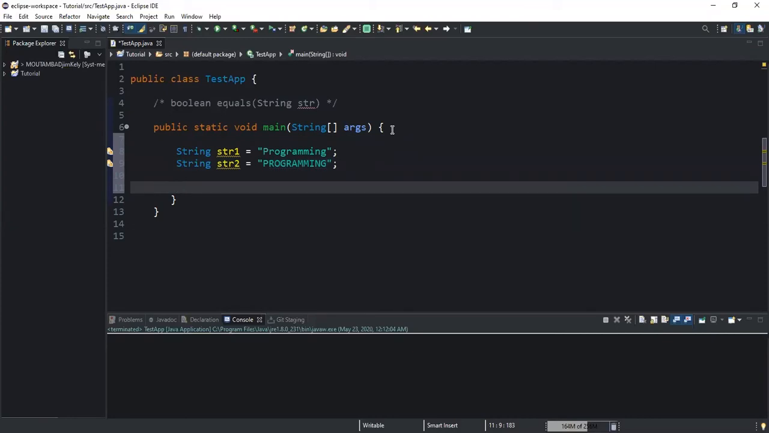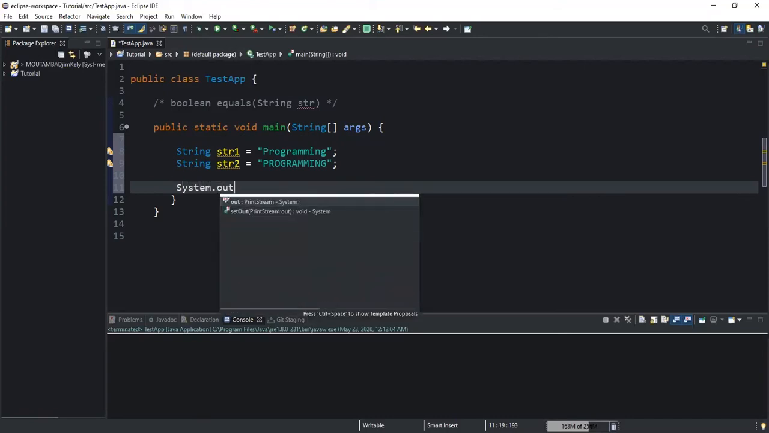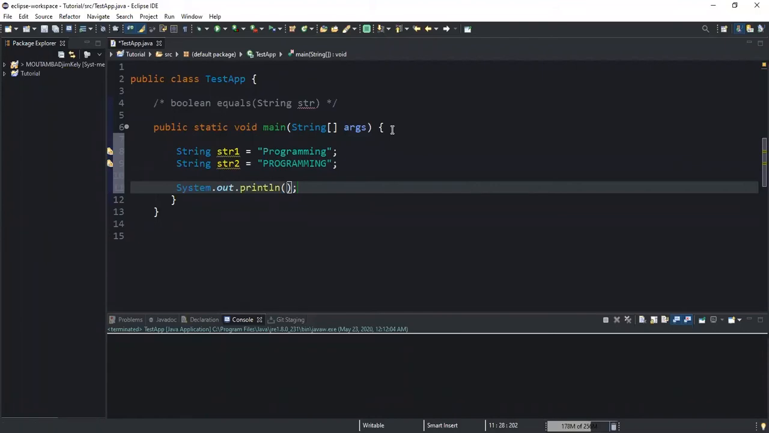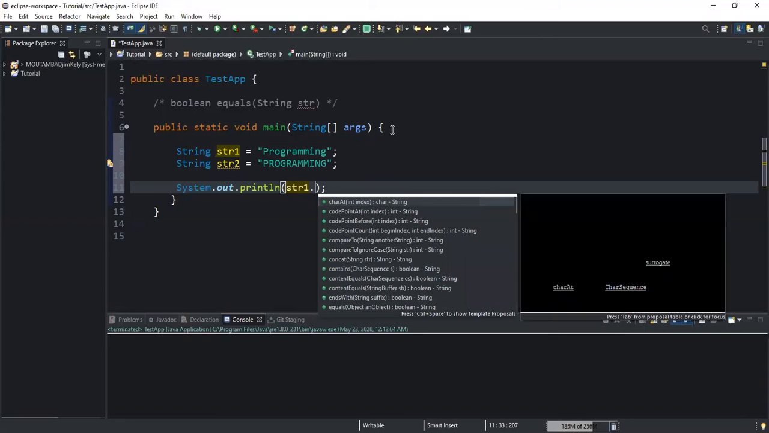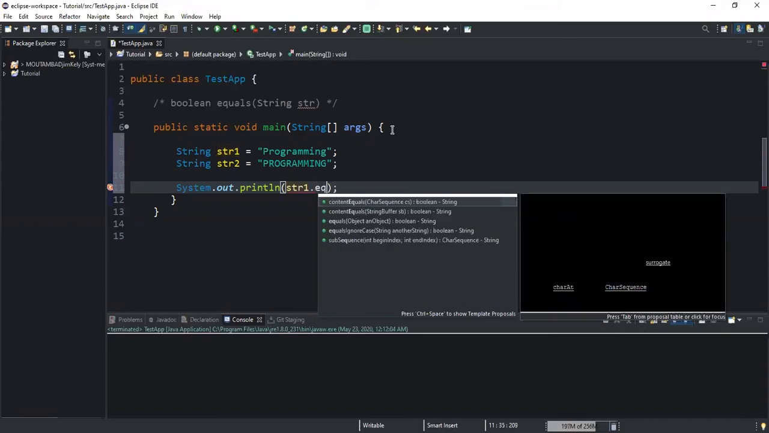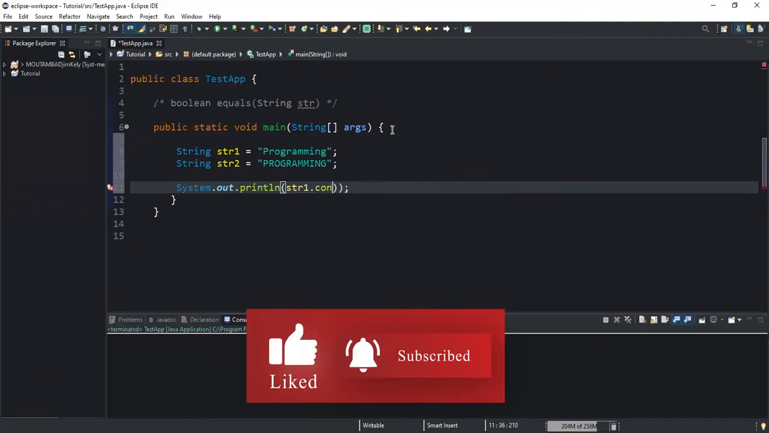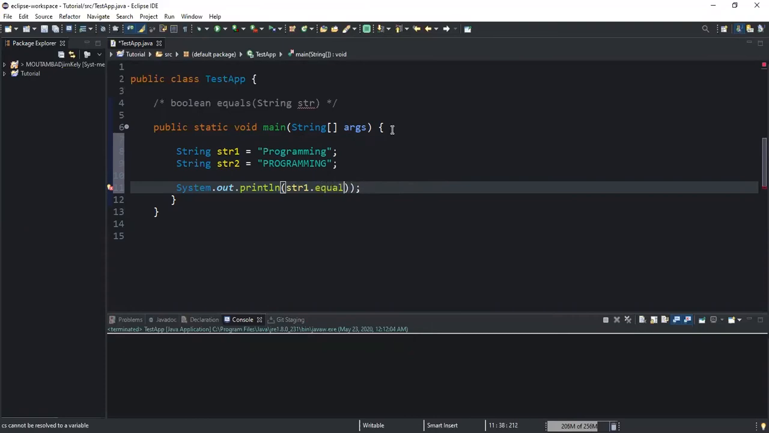Now I need to write the statements to call the method. So I'm going to write these statements in the System.out.println. And inside the brackets, that's where I'm going to write a statement to call my method. I'm going to start by writing the name of the string variable str1, then the name of the method I want to use. So the name is equals method, and I will need, oh sorry, my bad, I need to write equals like this,